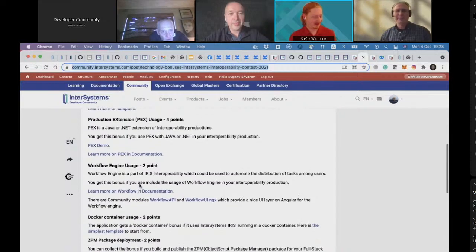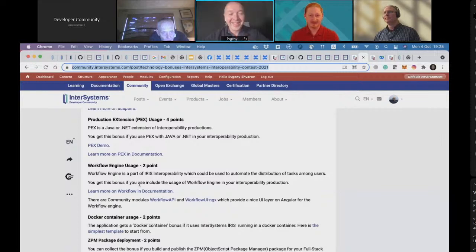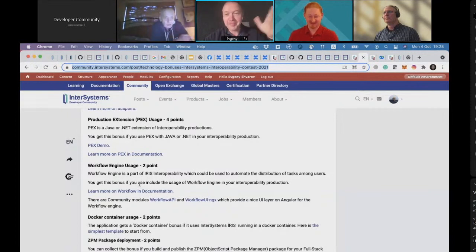That is definitely helpful. Yes, Stefan, thank you for this correction. I just used the word complex because it sounds similar to PEX. We introduced it to simplify the usage of external libraries within InterSystems products in interoperability productions.